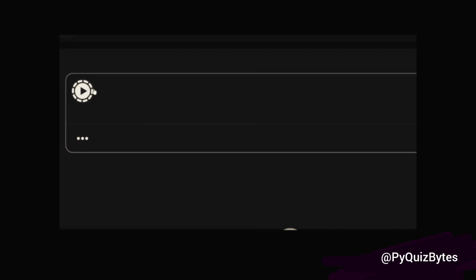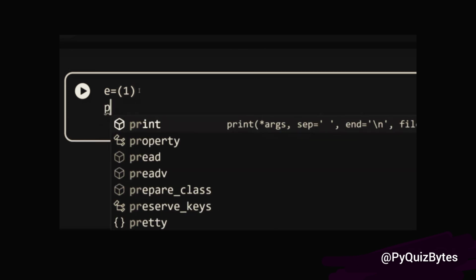A major point about the tuple is, whenever you want to create a single item tuple, you must end it with a comma. Otherwise, Python will not consider it as a tuple. Let's see the example. Let's take a as a variable. Let's take 1. When you check the type of it, print